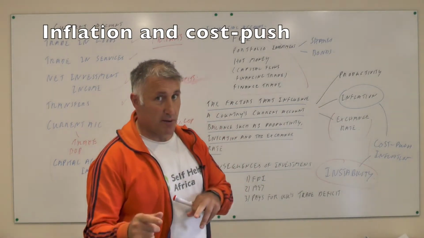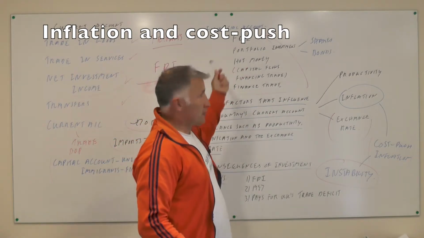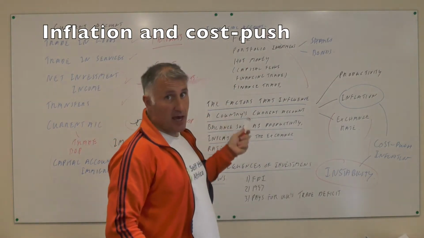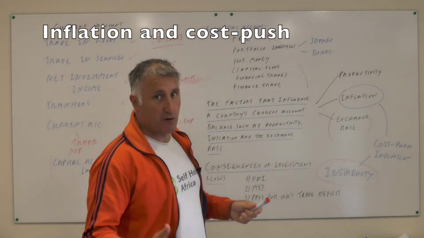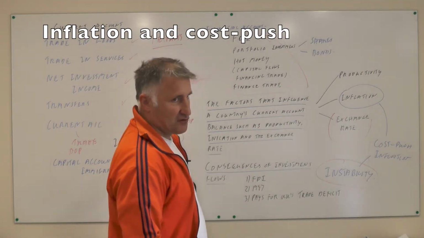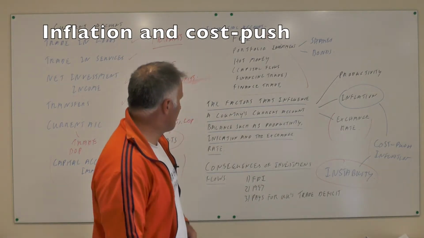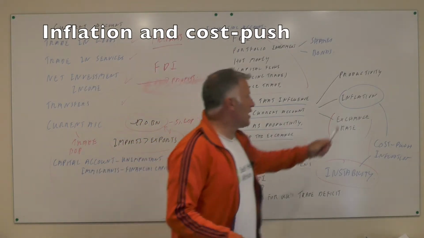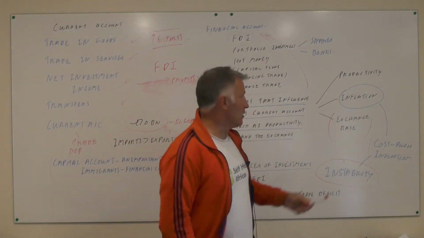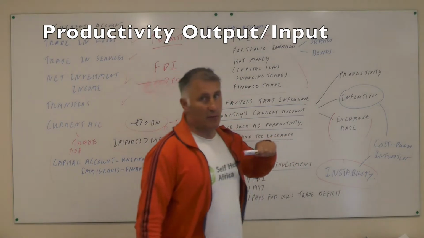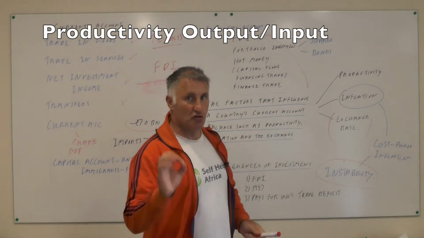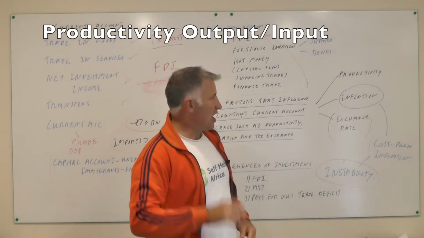Now that's really, really important, because if we bring foreign direct investment into the UK, then that will help to pay for our trade deficit, as I've just explained about 3 or 4 minutes earlier. So inflation will affect the balance of payments, as will productivity. If we got very, very good productivity, which in the UK right now we haven't, I think our productivity is